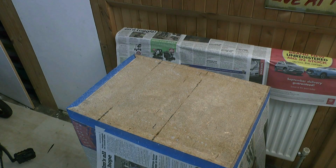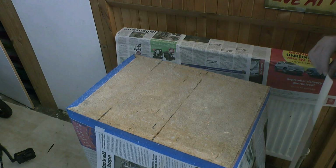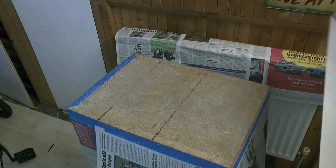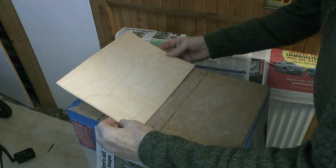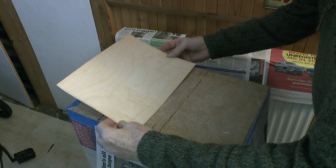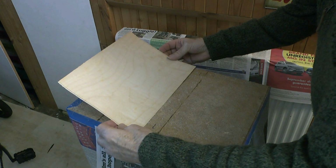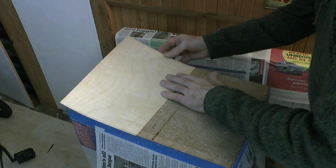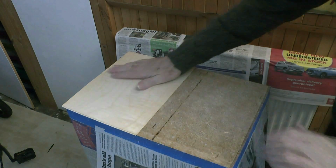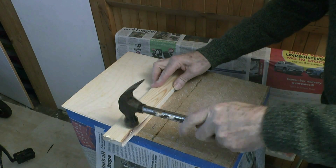Really, the two veneers should be taped together, but I decided to do them separately. So this is a little bit fiddly, trying to line it up because you can't move it around. So I'm using the very edge of the veneer along the pencil line, and then use a hammer and block, scrapwood block, to impact it down,